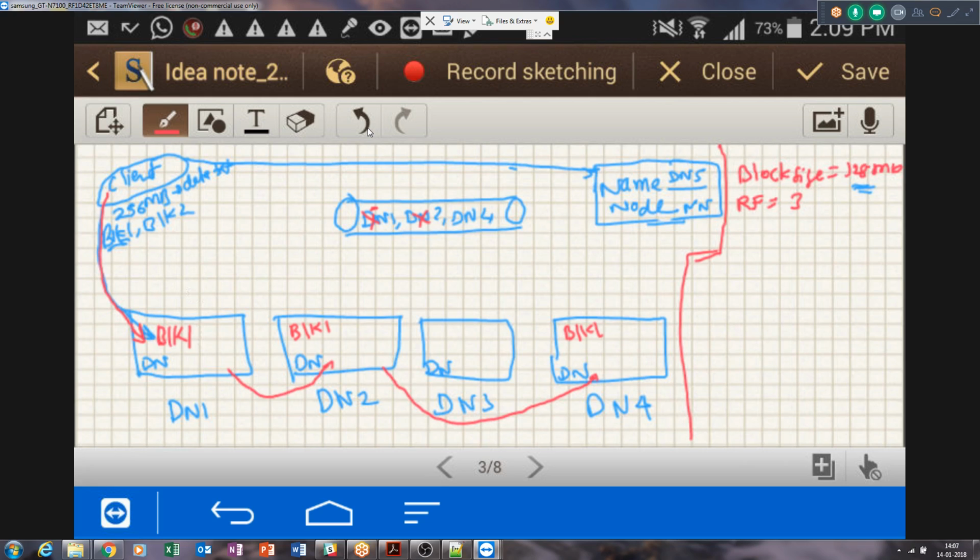But since these data nodes are dumb, they don't know anything about block 1. They never know that block 1 corresponds to data.txt. So where would that be managed? The mastermind behind it is the name node itself. It has one mapping file, which we call the FS image, the file system image. Just like the inode map of a regular file system, the FS image with the name node creates a mapping between data.txt and its associated blocks.